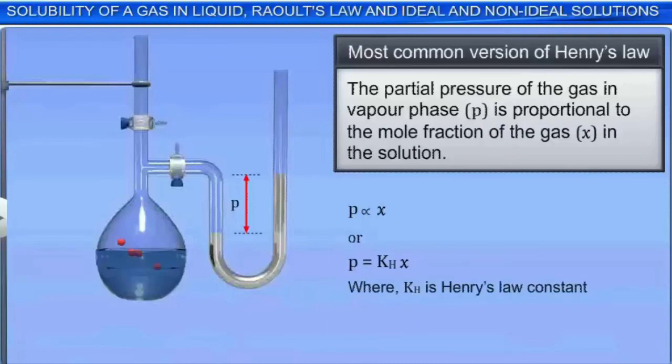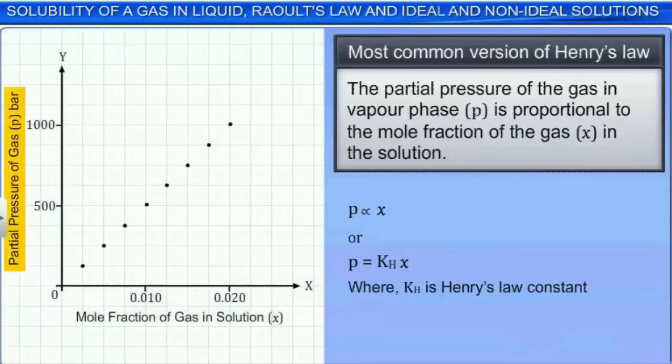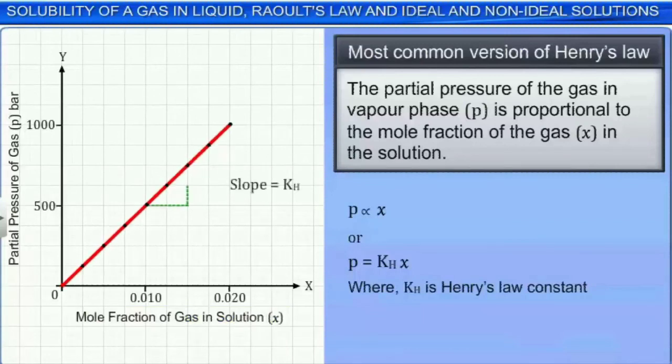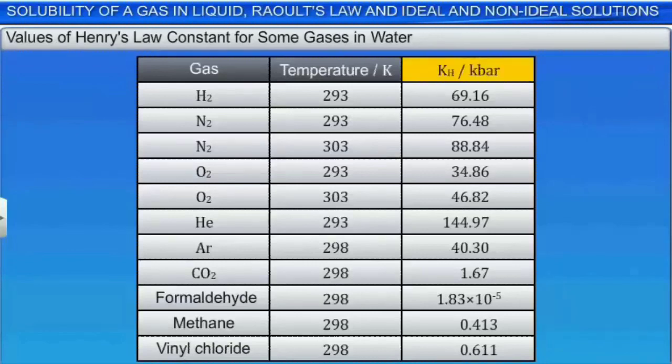Further, if you plot a graph between P, the partial pressure of a gas in vapor phase, and X, the mole fraction of the gas in a solution, then you will get a straight line passing through the origin with its slope equal to K_H. The graph also shows that as P increases, X, the mole fraction of the gas in a solution, also increases. The Henry's law constant, K_H, for some common gases and water as the solvent are given in the table here. On comparing the values of Henry's constant for oxygen